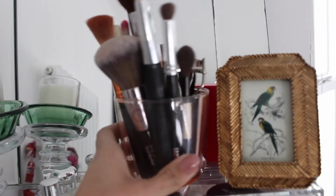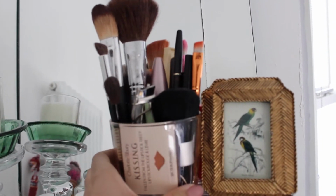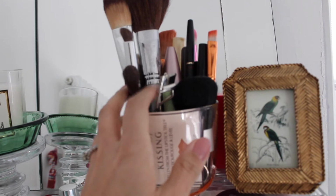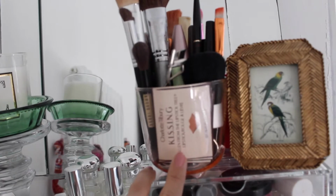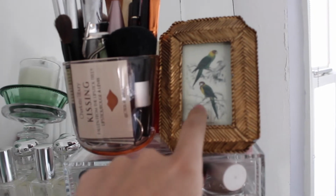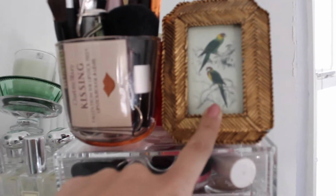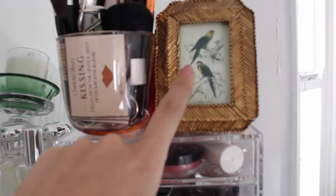And in here I keep all my brushes. Some people choose to keep their brushes tucked away because they don't want dust on them, but I use mine regularly and clean them, so that doesn't really happen. I've got all my brow pencils in here as well, an eyelash curler. These are a couple of lipstick samples. I've got this cute little gold frame here, which I really like, with the little parrots in there. I think they might be parakeets. I really like this old antiqued gold frame. And at the back I've got a couple of extra